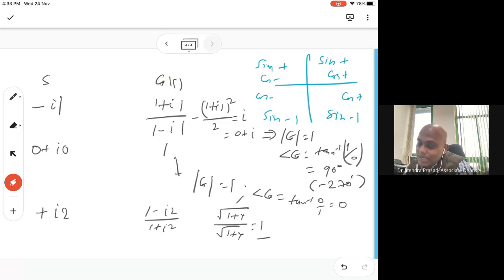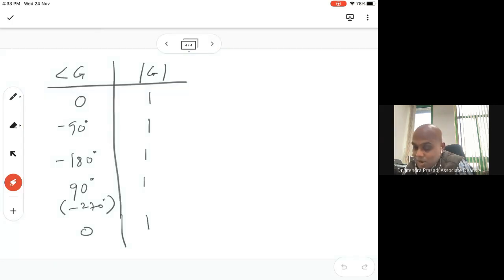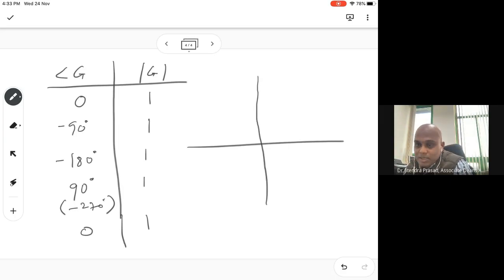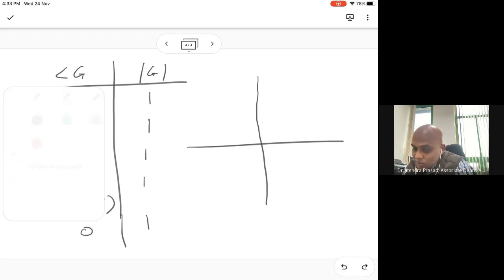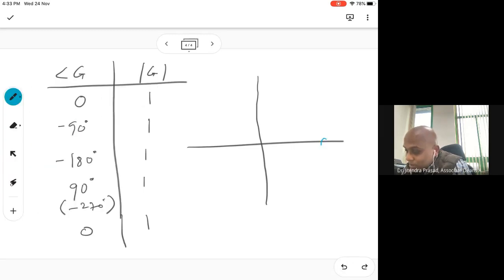Okay, so it's surely just a circle. Anyway, now we know that this is a circle only. And how it goes, this is going from 1 and minus 1, right? So we have 0 and 1. So angle is 0 and magnitude is 1. So we have this point.